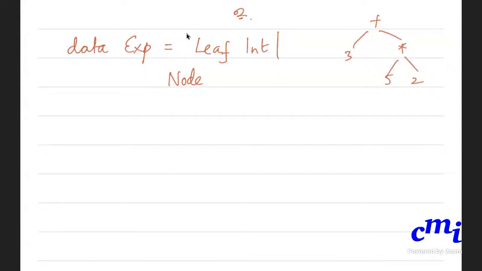There is one sub-expression, another sub-expression. You can think of it as the left sub-expression and the right sub-expression, because even with an operator, there is one argument to the left and one argument to the right. But what are those? What is the left sub-expression? That itself is an expression, right? So node exp op exp.